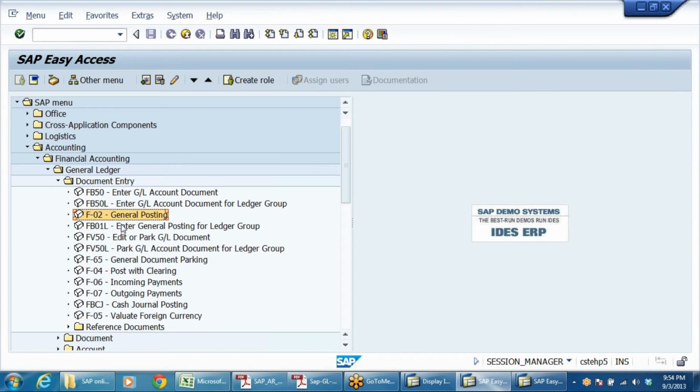Say for example, my equity share capital account is there. I don't want anybody to post even by mistake to that account. So for that purpose, I'll be blocking that GL account. So equity share capital account, say FS00.